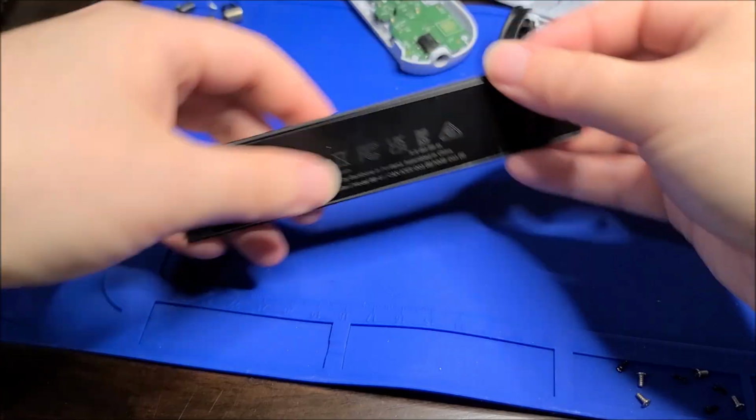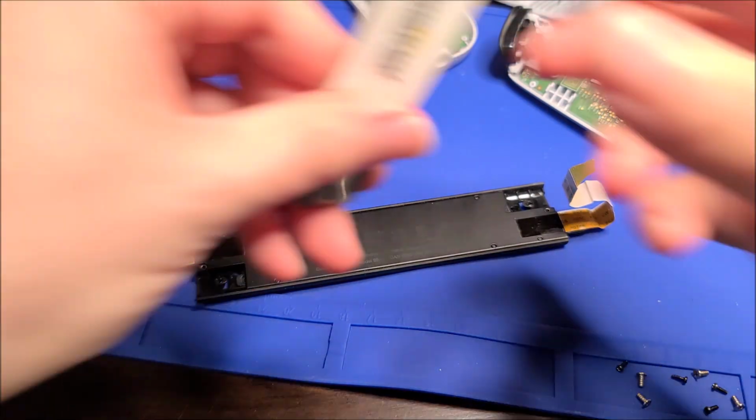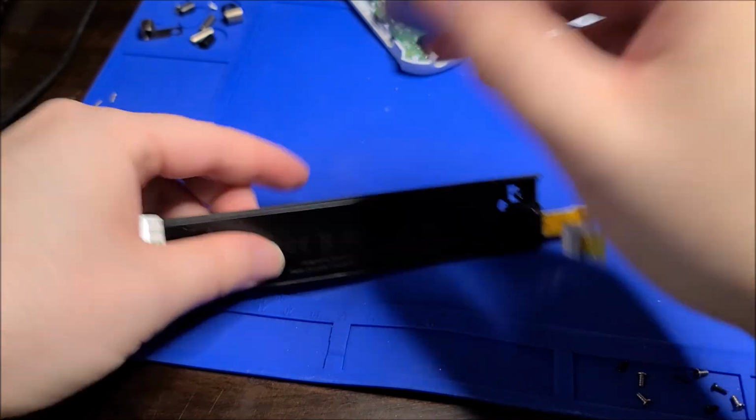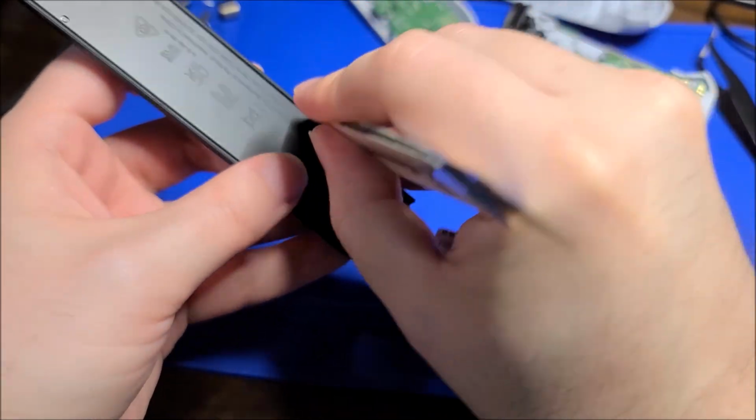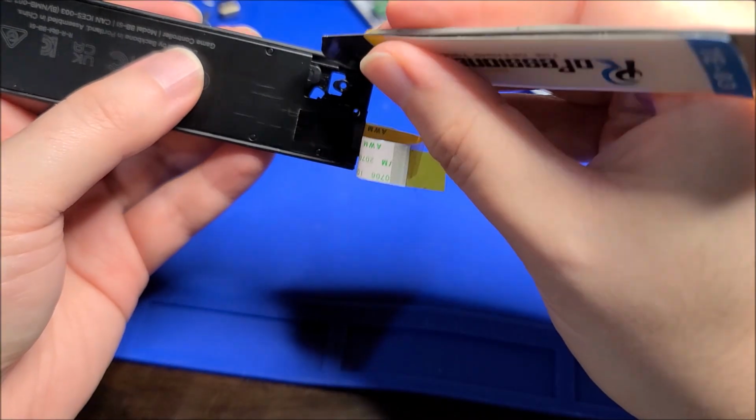Might need to grab the pry tool. Give me 1 sec. Okay, got a little pry tool. Try not to damage something too bad, but I do want you to open, so...